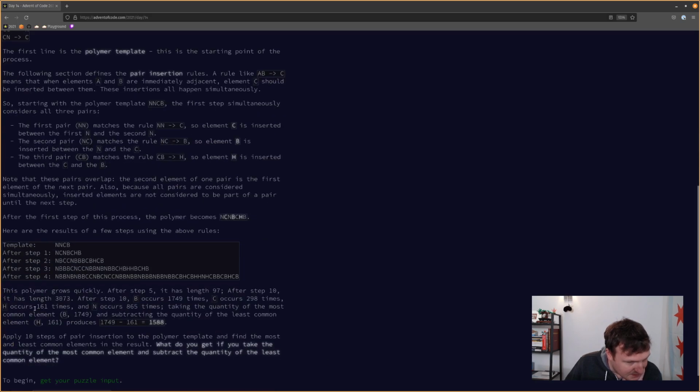After 10 steps, it is 3,000 characters in length. Okay, so this is going to be kind of a pain in the butt to iterate over. We got to count the number of times things occur. Most common element, the least common element to get our answer. Okay, so assuming that this doubles every time,